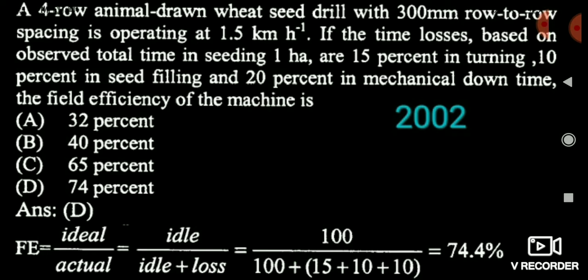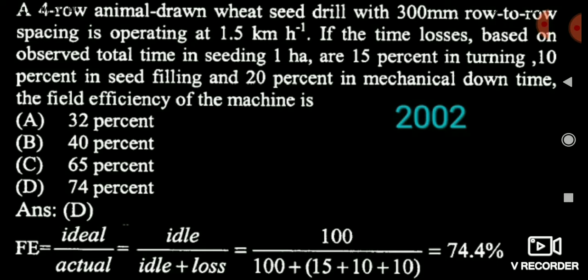field efficiency. So in field efficiency you have to take the ratio of time. I have told you in my previous lecture on field capacity and field efficiency that you can calculate field efficiency in terms of time also. That is T effective divided by total time, means effective time divided by total time. Friends, here you can understand that the effective time is 100%. Means what is our effective time? Effective time is the 100%. When our efficiency is 100%, that time is the effective time. So we should take the effective time as 100%.